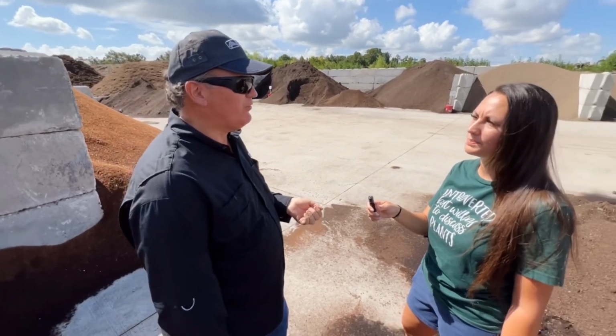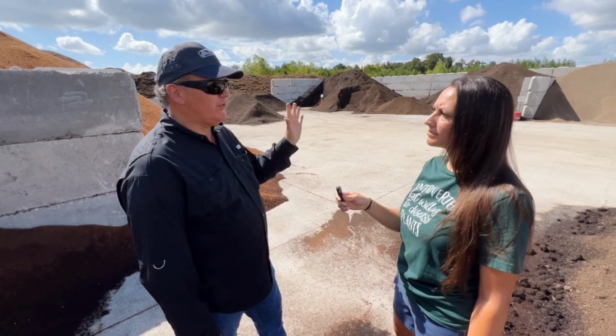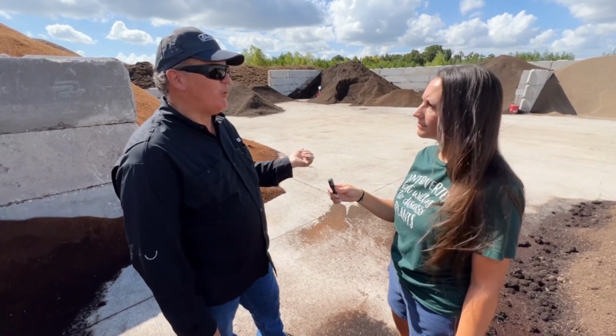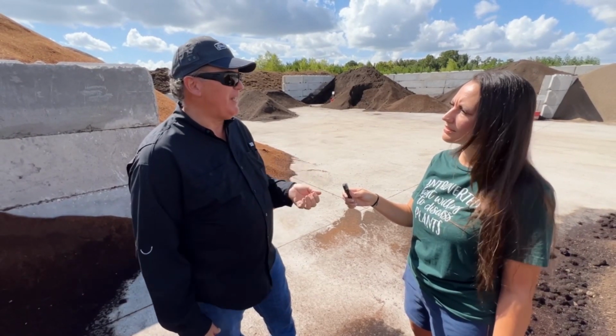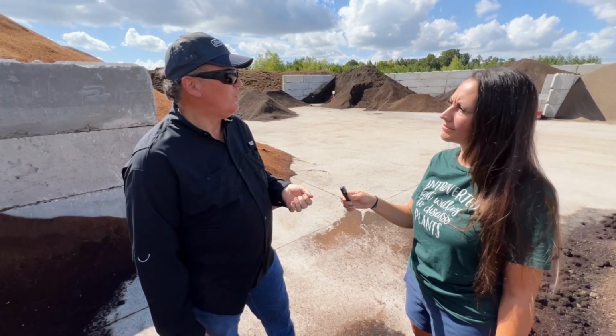And then we don't add fillers. You find a lot of products where they'll add like raw mulch or something like that as a filler. It lowers the company's costs, but it makes the product lower quality and it doesn't perform as well. So we don't have any fillers. So every time we're developing a product, we make sure that it's of interest, and then we come up with